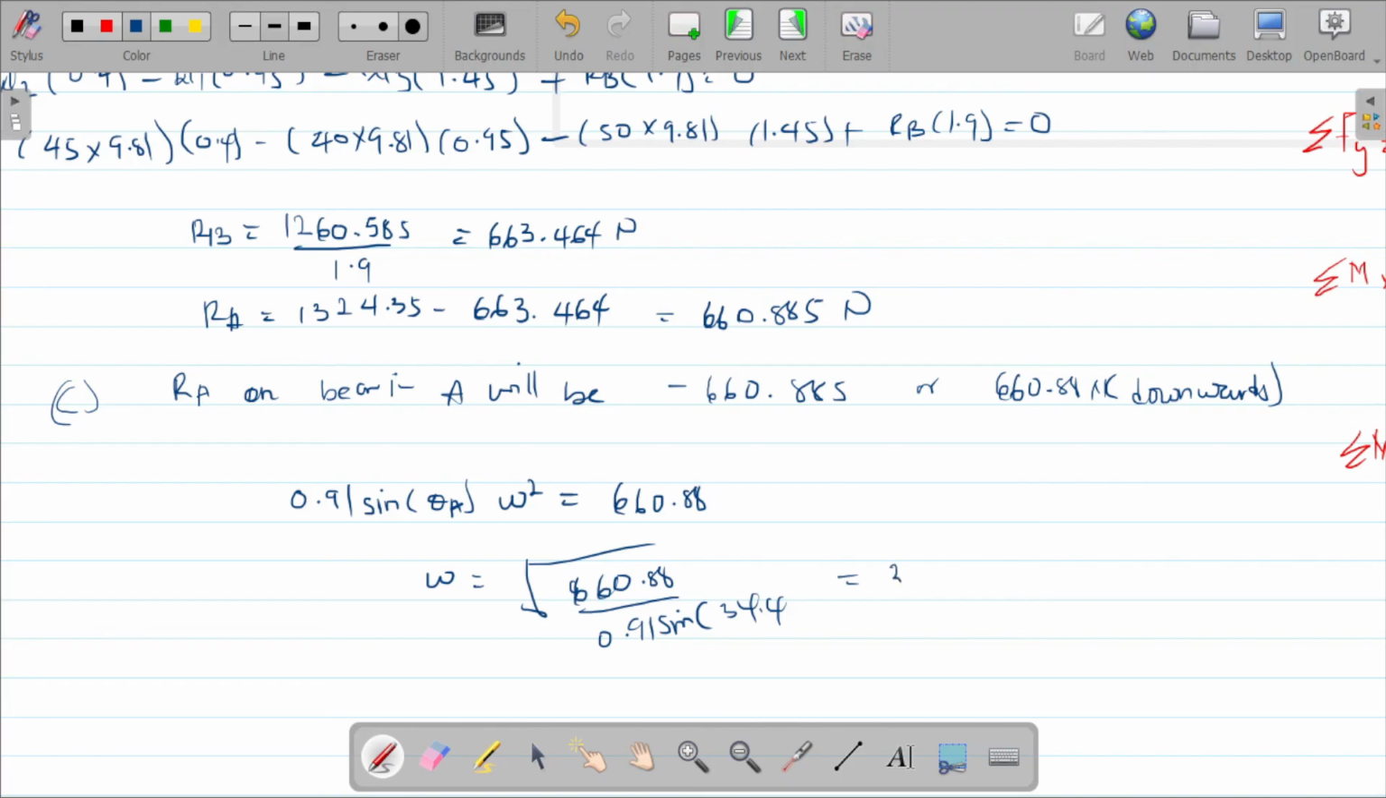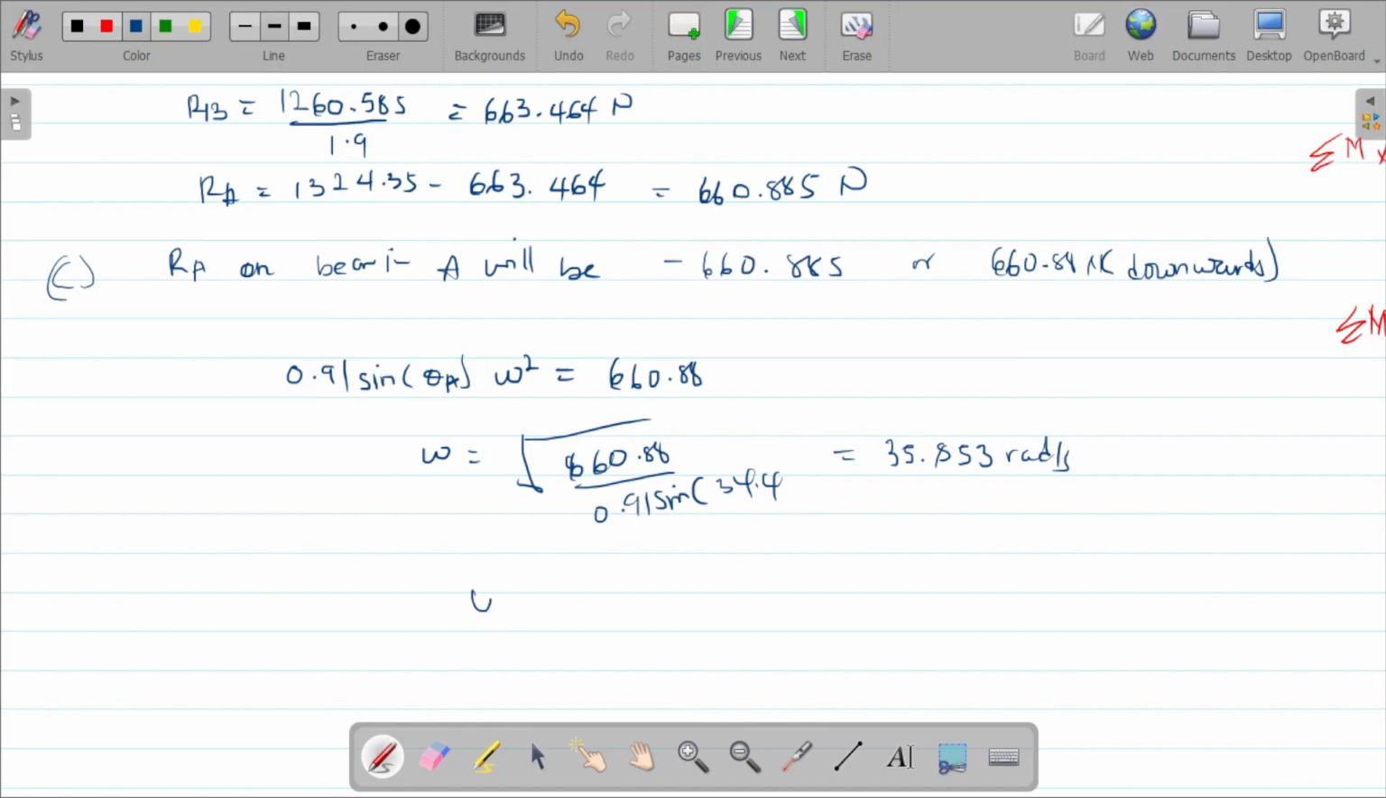Which will be equal to 35.853 rad per second. So omega in terms of RPM will be equal to 35.853 times 60 on 2 pi, which is